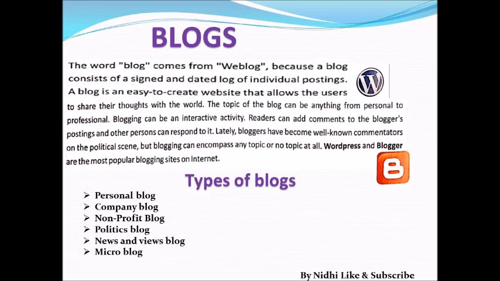And the next type of blog is the news and views blog. This type of blog is normally used by generalists to post factual stories and views about the latest events. News and television companies such as the BBC have many professional journalists who post stories and views about the latest events. Visitors can add their own opinion as well. So this is about news and views blogs.